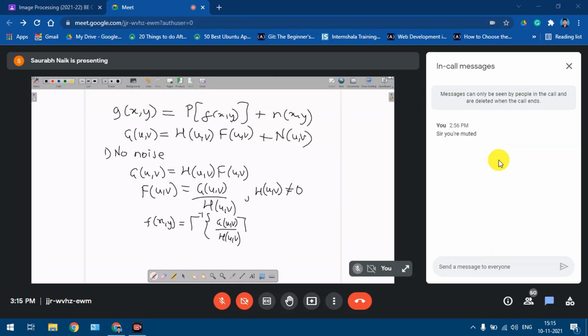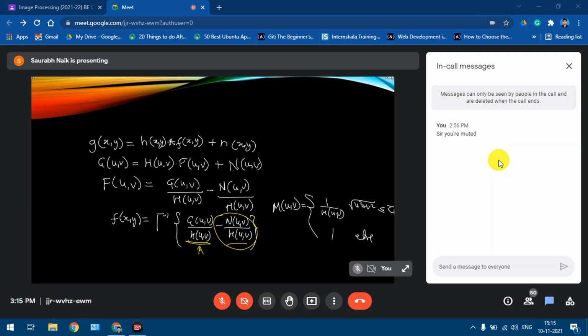So this basically is the idea of inverse filtering. Okay, that is, given the output image g of x comma y and knowing what this degradation function would be, we try to calculate the original image from this formula. Now, with noise, that is, in case the image has noise in it,